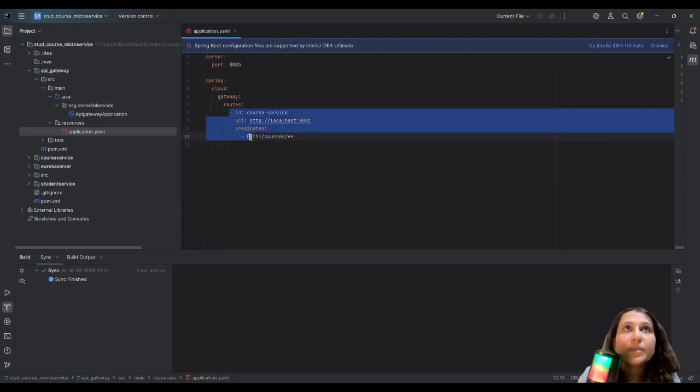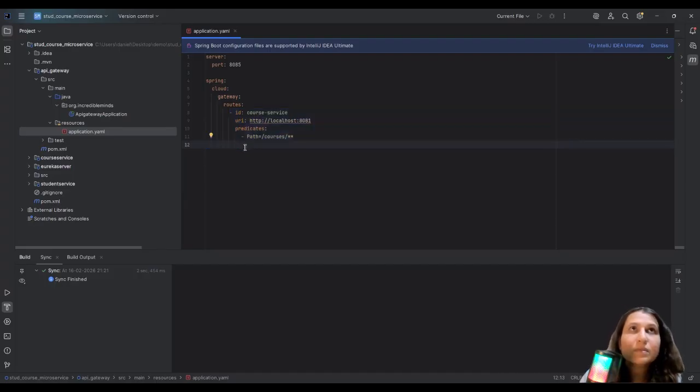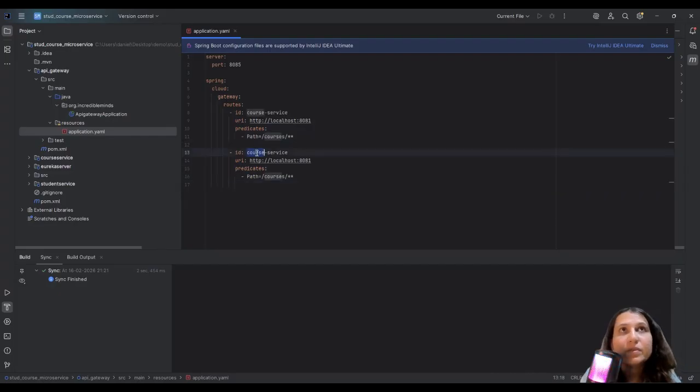I'm just going to copy the same thing. Paste it here. Instead of course service, I'll make it as student service. Now our student service is running on 8082. So this will be students. Okay, anything after the students. I hope the indentation is clear here. So once this much is set up,